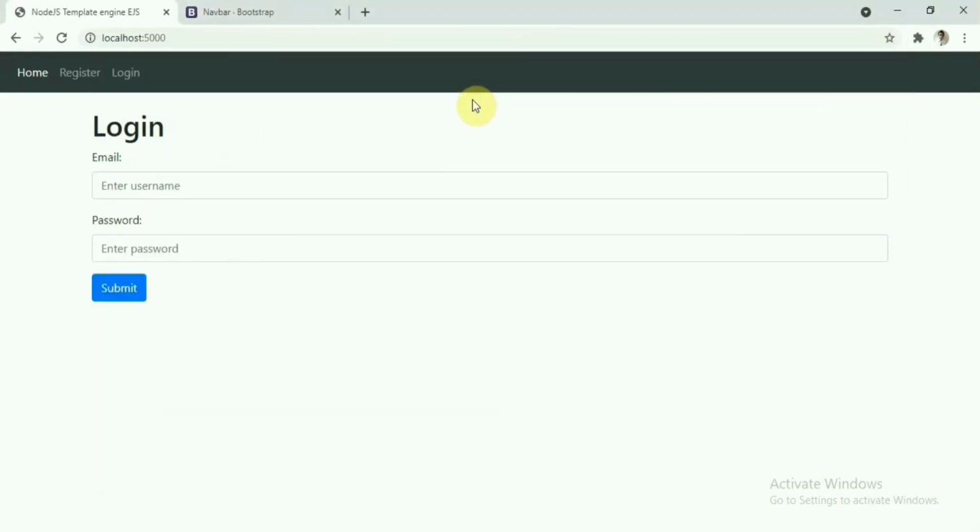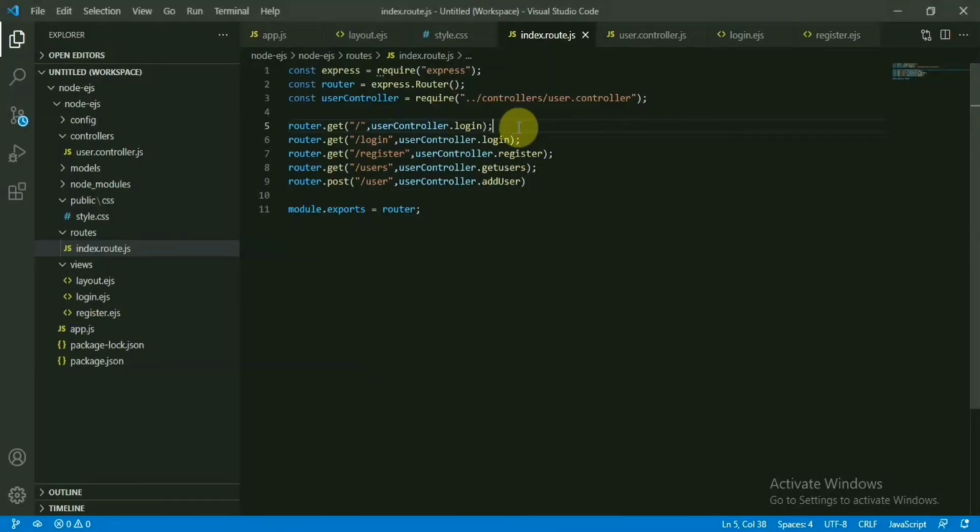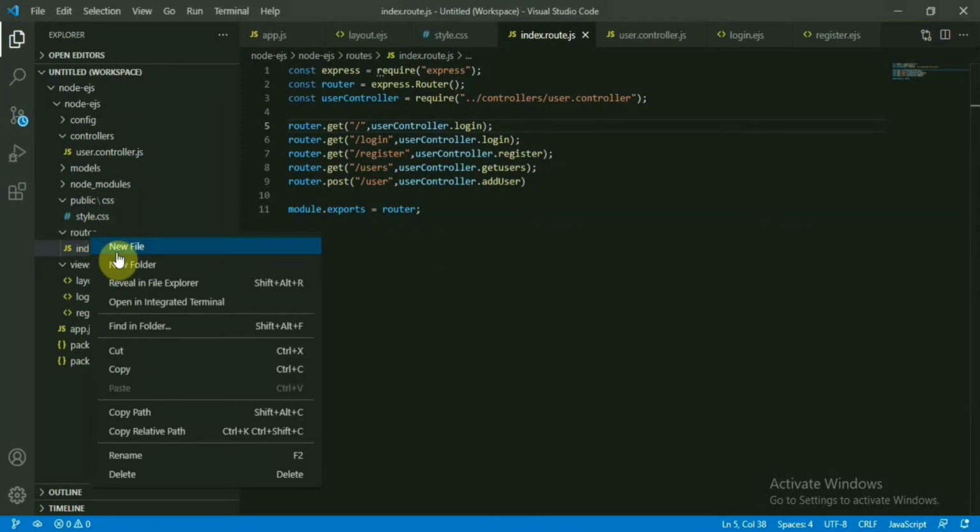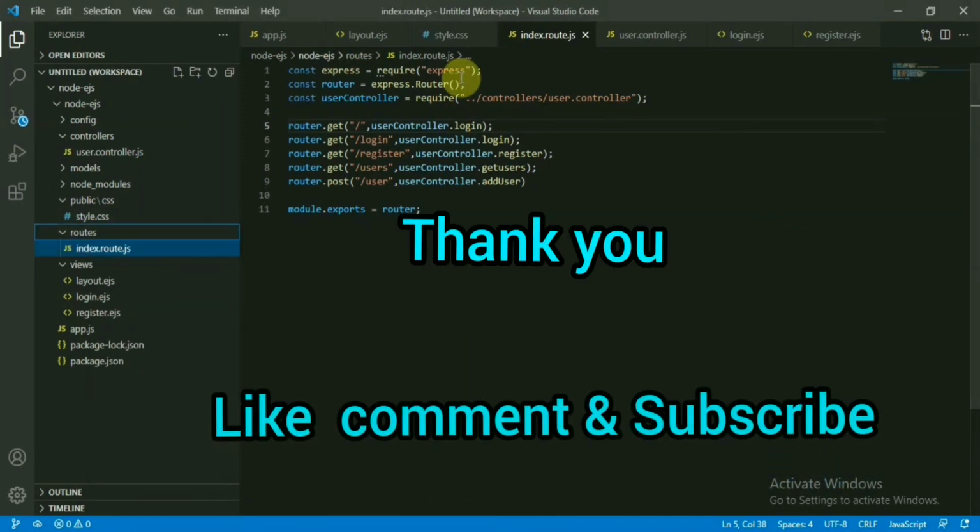So this is our registration page and this is our login page. I also added the navbar section, and that will basically have the bootstrap default navbar, which will